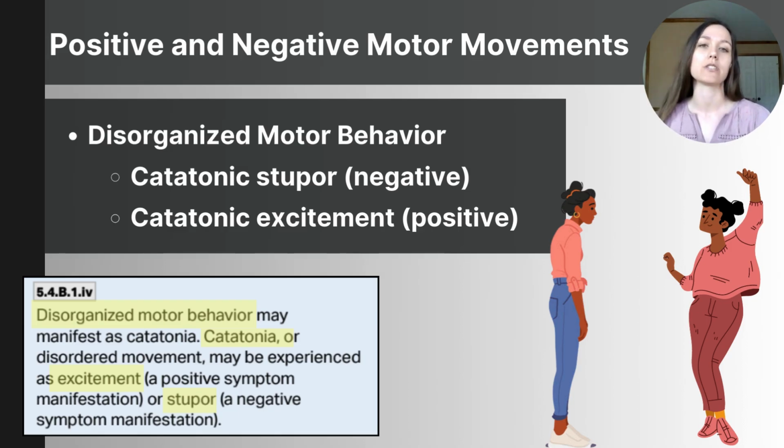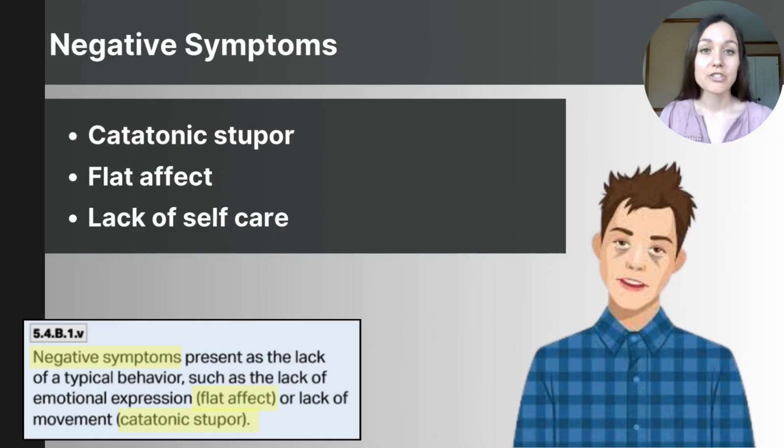These motor behaviors indicate a disruption in the brain's ability to regulate movement and behavior, and their severity can vary depending on the individual with schizophrenia. So, as you now know, negative symptoms refer to a reduction or a loss in normal functioning or behaviors. They reflect a decrease or an absence in things that are typically present in a person's healthy and normal expected